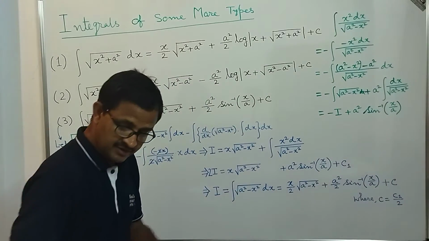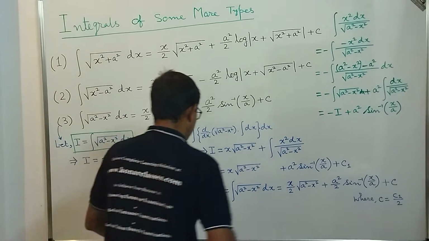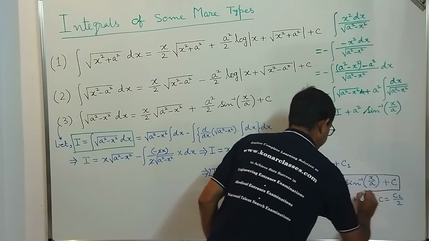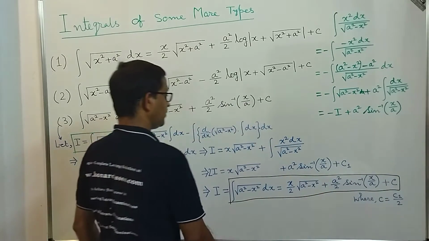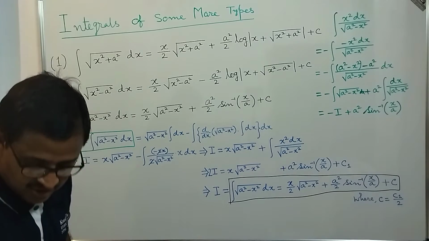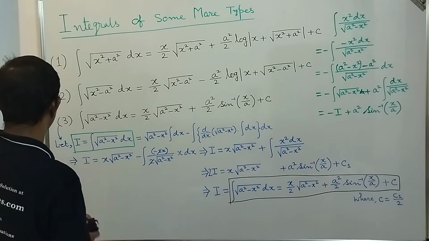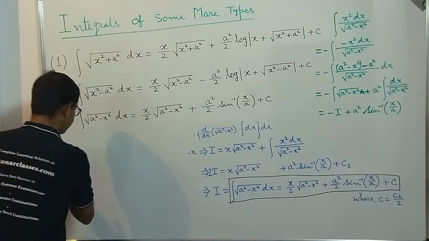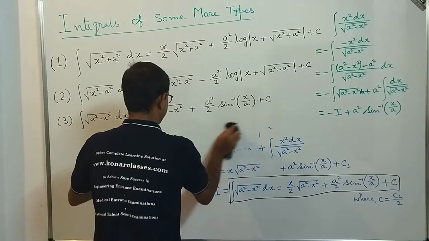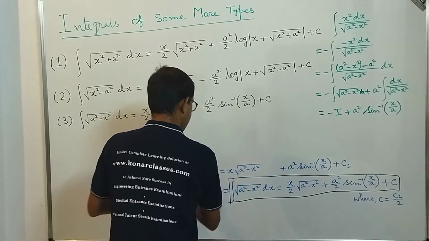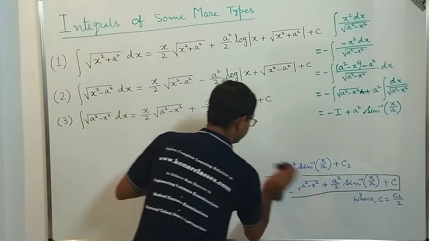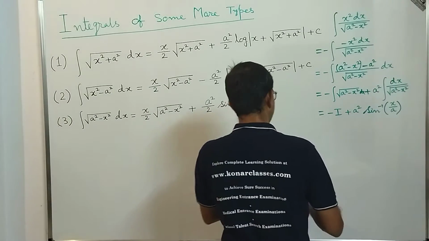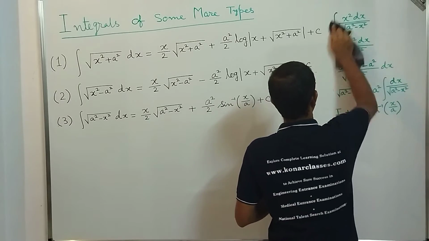And we are done with the derivation of the formula for the integration of square root of a square minus x square dx. Okay, now dear students, let's solve a couple of problems based on this formula we have derived. Please do along with me, then only the knowledge will be complete. Knowledge you have, but the most important thing is the easy flow of doing this question. That will be very easy if you do along with me. That is what is important.